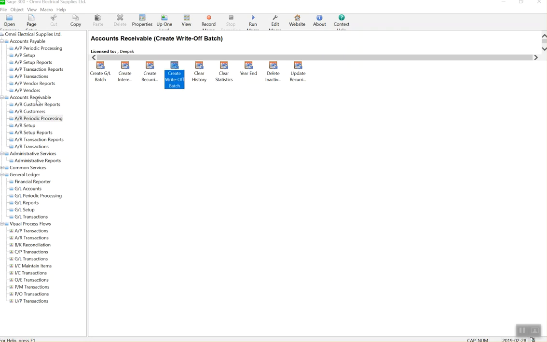So for now, I'm not going to process it. I'm going to simply close this and come back to your home screen here under Accounts Receivable. So these are the 3 main things covered in your Accounts Receivable module. Once everything is done, you're ready to close up your Accounts Receivable batches. At the end, you go into your AR customer reports and print out the agings. You go into the AR transaction reports and print out the aged trial balance,